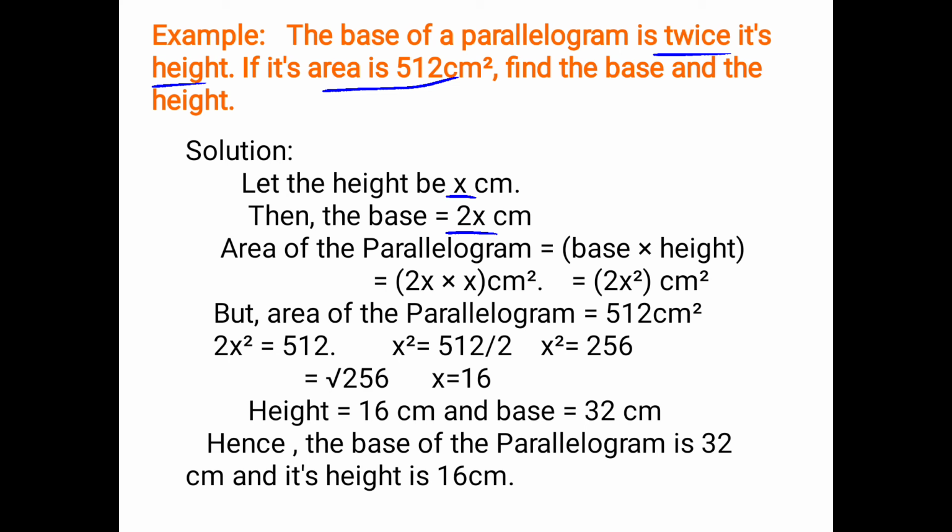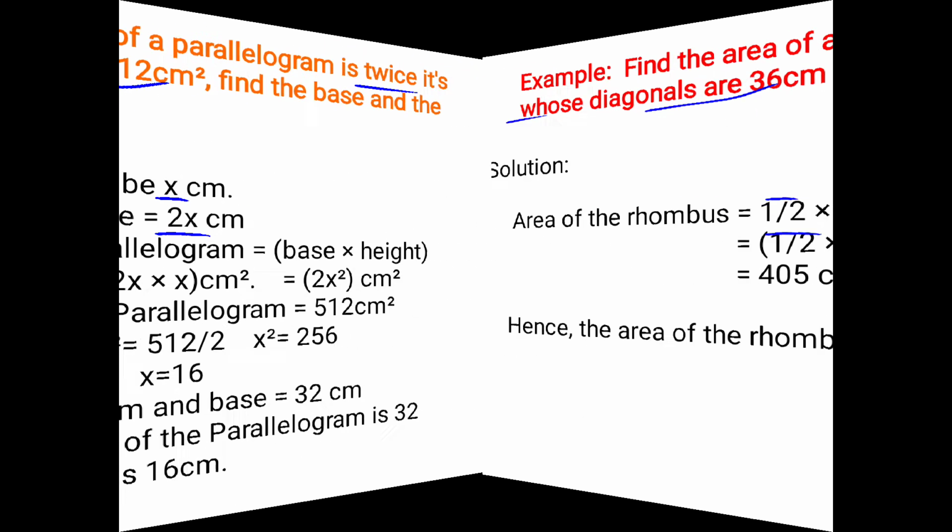If they have given a question like this, and we want to find the base and height, first you should see the question properly and check whether the area has been given or not. If the area has been given, we can easily find the answer for base and height. If they didn't give it, first you find the base and height, then you can find the area. Okay children, and coming to the next one, one more example I have added.